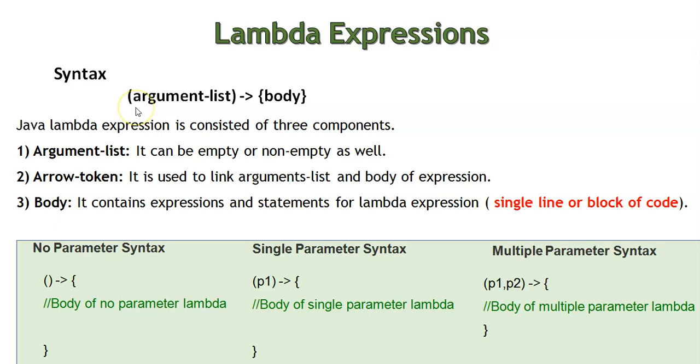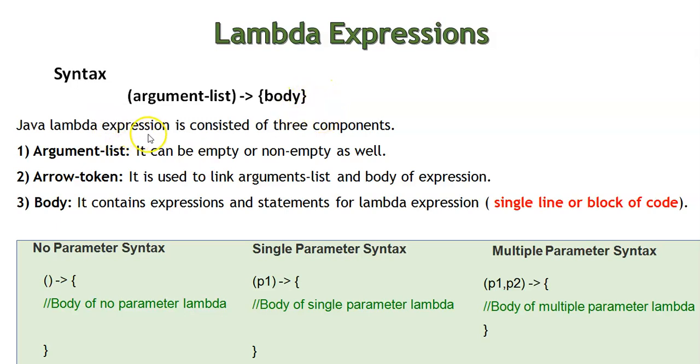Here is the syntax of a lambda expression. As the name indicates, lambda expression is an anonymous function. So the function does not have the method header, like the return type; the name of the method need not be provided. As you see here in the syntax of the lambda expression, the argument list has to be provided, followed by the arrow token, and followed by the arrow token, we have to define the method. Within the curly bracket, what you provide is the definition for the method.